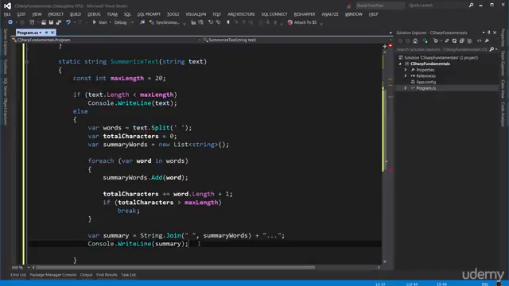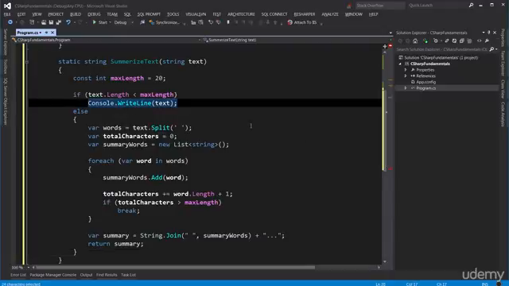Now at the end, instead of displaying it on the console, we need to return it. So return summary. And also we need to modify this one here. So if the text is short enough, we don't need to summarize it. We just return it. Now ReSharper is telling me that we don't need this else block here, the else keyword,